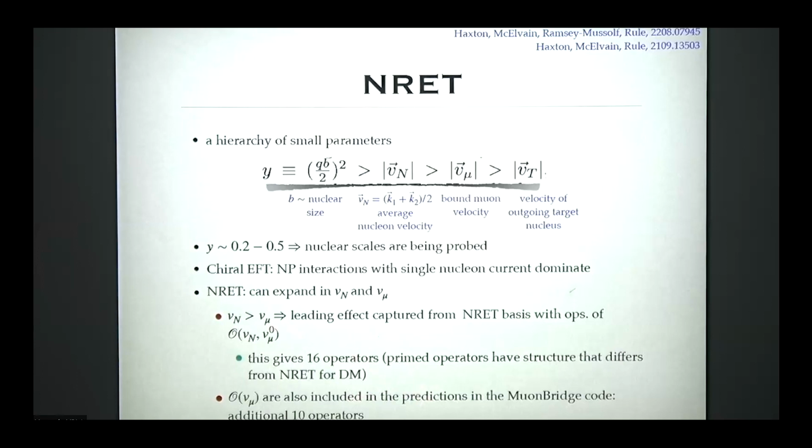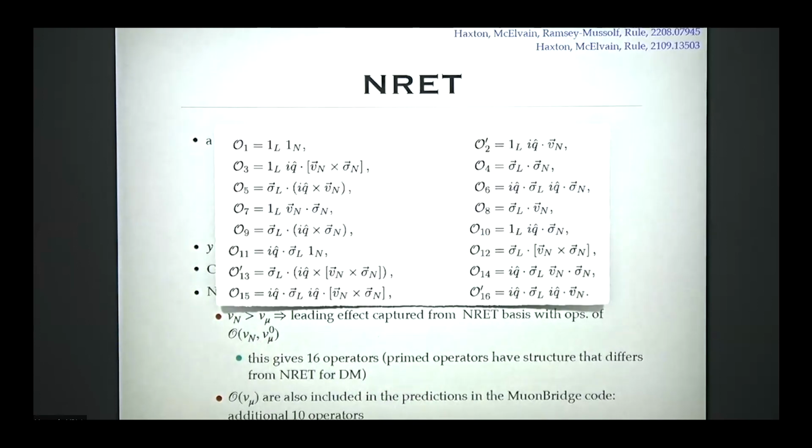So the leading effects are then captured by having non-relativistic operators, where, for instance, you could go to the 0th order in both of these. But what Wick and company call leading order is they go to linear order in Vn, mainly because previously people have worked to leading order in V mu, which is a smaller thing. And that's the basis. All right, so that's the non-relativistic basis.